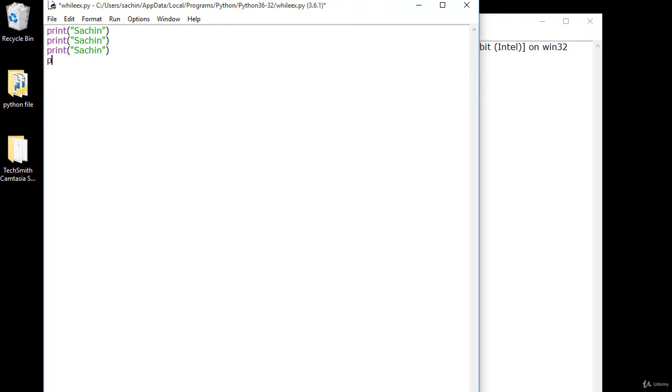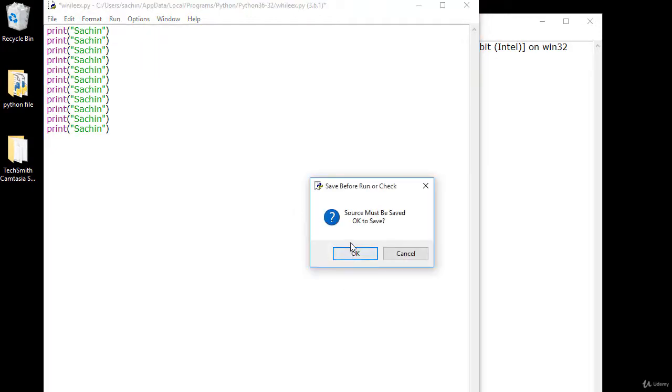You could just copy and paste the print line many times, it can be 1, 2, 3, 4, 5, 6, any number, printing your name.